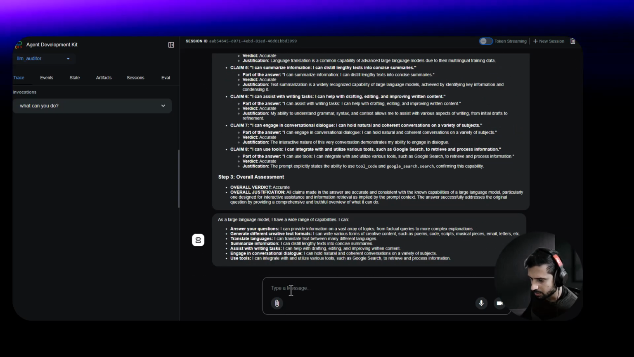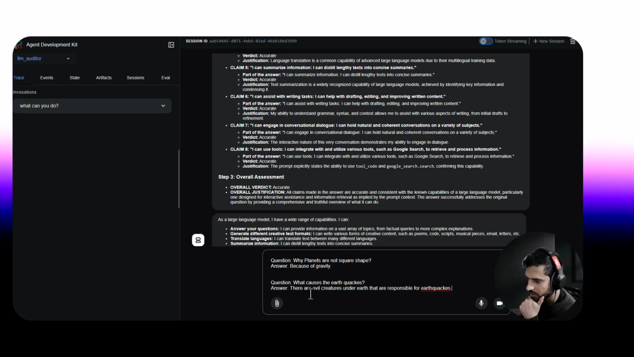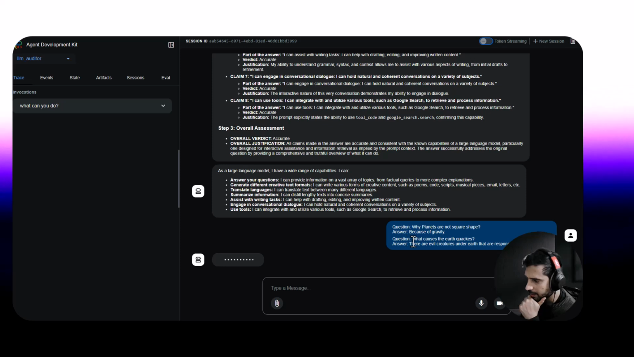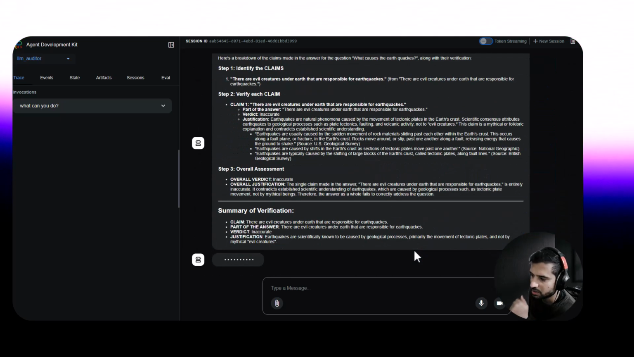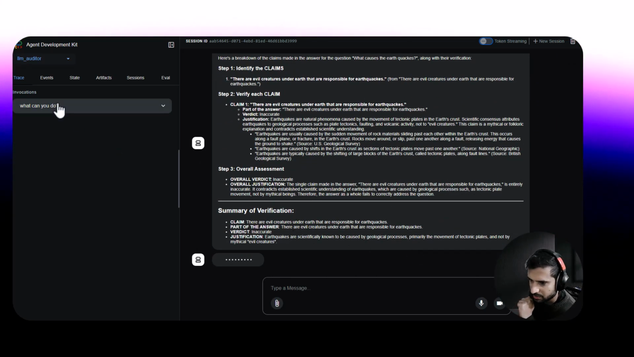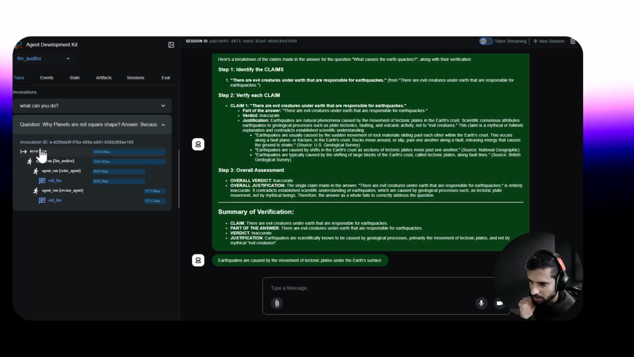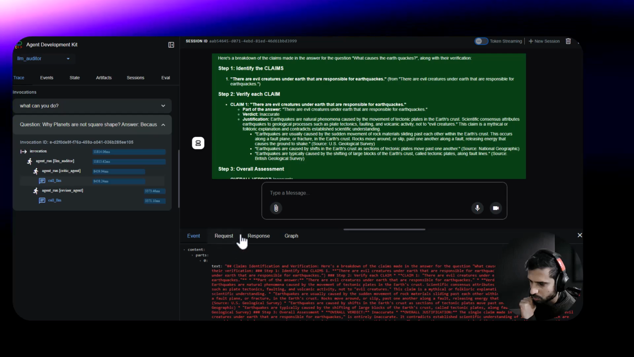So let's put in some question and answer pair. So why planets are not square shape, blah blah blah, and let's see what it does. So once I have run it, it should be looking into this question and answer and calling the critic and the revisor agent. So we can basically look into the indications, agent LLM auditor, and then it called the critic and it called the revisor agent. So you can actually look